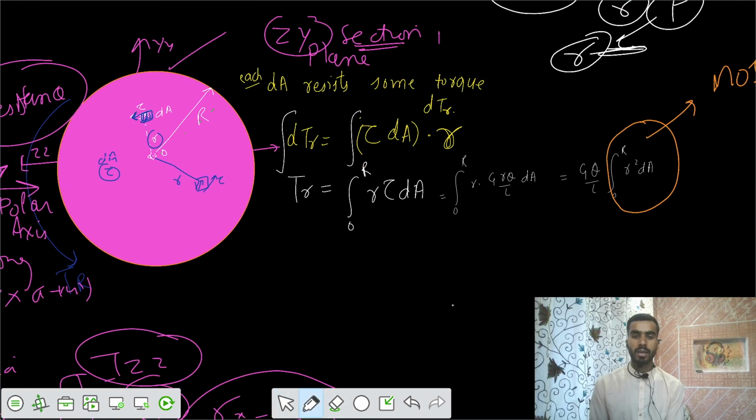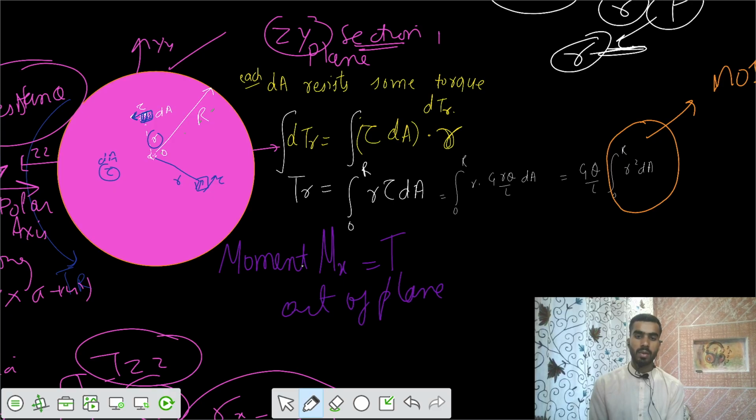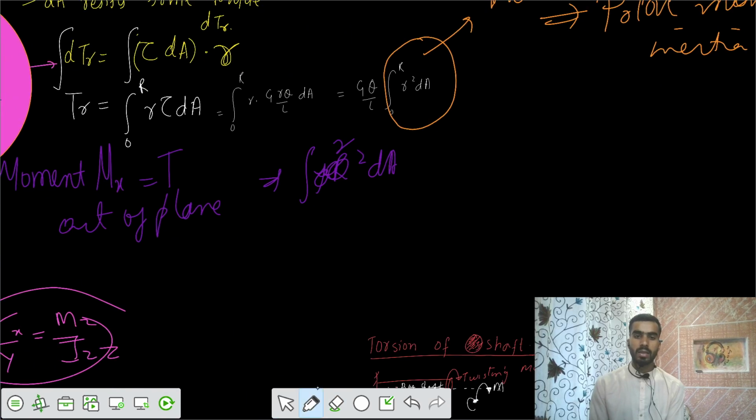I can write here, moment applied is out of the plane. Moment Mx, that's torsion, that's out of the plane. So there should be some integral y r squared dA that is out of the plane. That we call the polar moment of inertia. That is J. We represent it as J, and that equals the summation of the moment of inertia